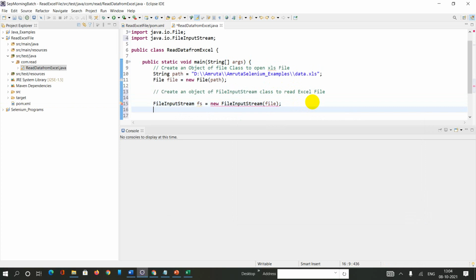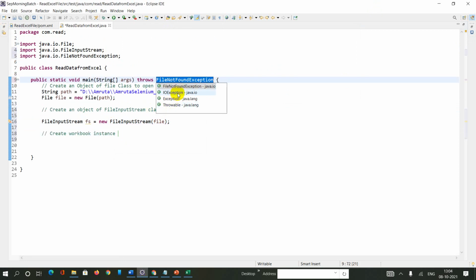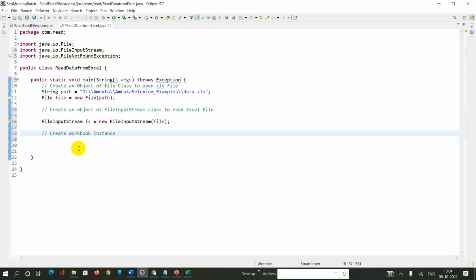Now I would like to create the workbook instance. But before that I need to handle this exception, so I can say throws Exception.